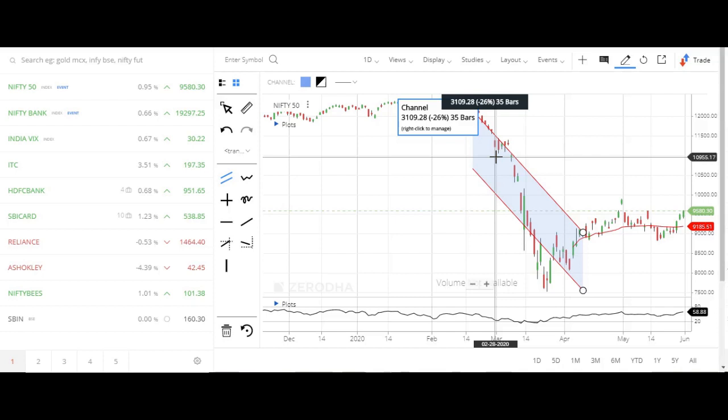In a 35 day period the Nifty went down 26%, and the points it moved down is 3109. This is one of the features.